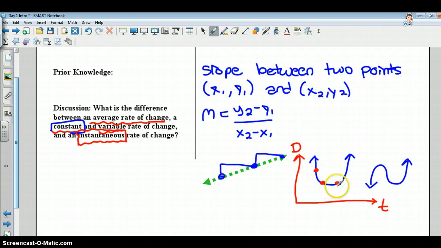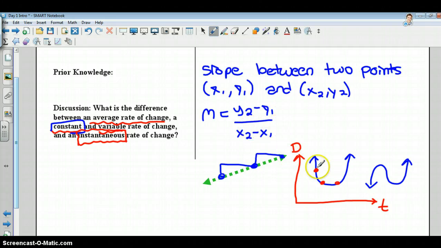Then I stay pretty close to doing kind of the same here. My distance is kind of staying the same as time is passing here. And then suddenly my distance starts to really increase as time continues to pass. If you think about it, would my speed, remember speed is distance over time, or y over x, it is